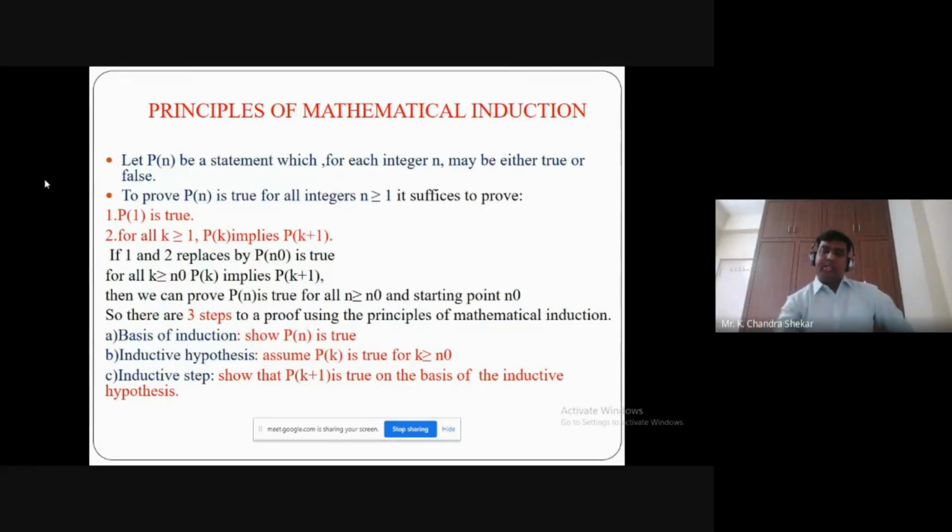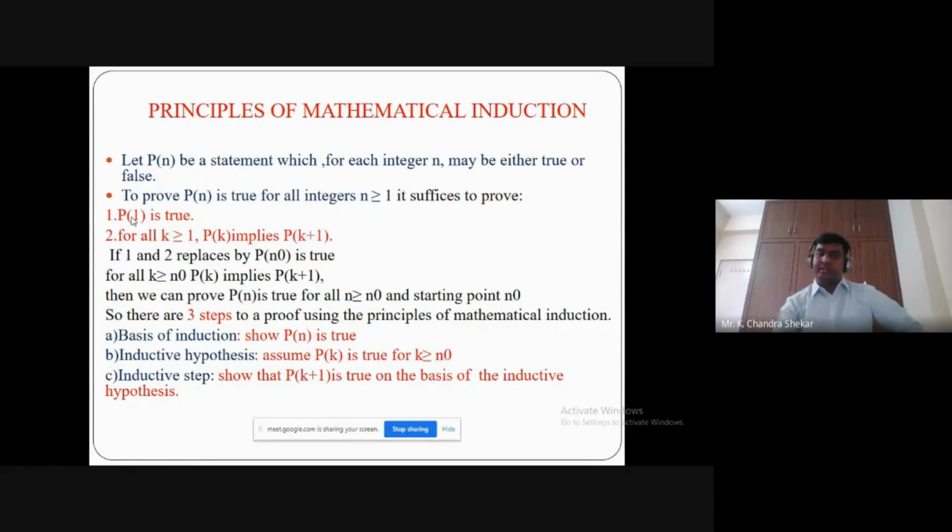In mathematical induction, we proceed with respect to a particular statement. Whatever the given statement, say for example, let P of n be a statement which for each integer n may be either true or false. Then to prove P of n is true for all n greater than or equal to 1, it suffices to prove these things. What is the first thing? You have to prove that that particular statement is true for n value equal to 1. So that is the first required one, which you call the initial step,